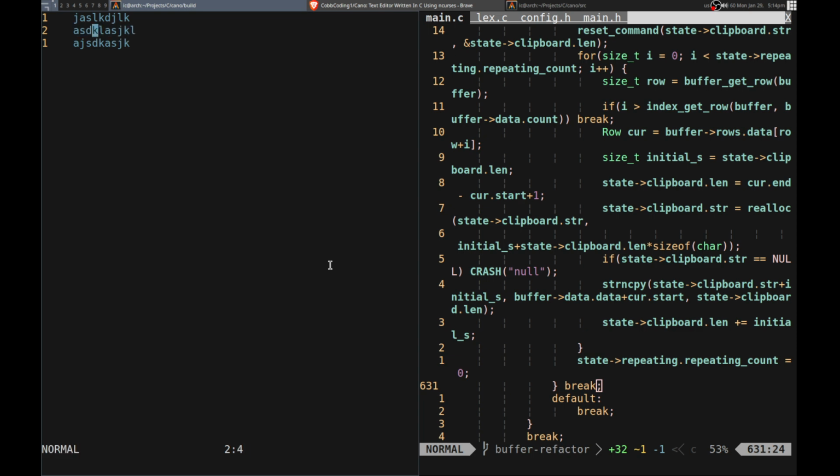So it's basically just remove that character. If we want to undo it, it would just insert that character. That's sort of how it's going to work, and I think that should be good enough for pretty much the whole thing, like deleting multiple stuff like this. Well, we don't even really have to